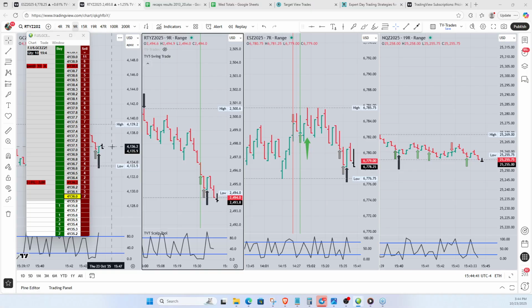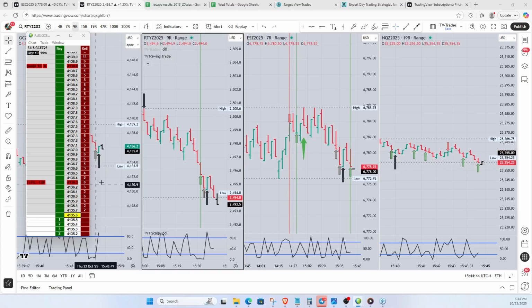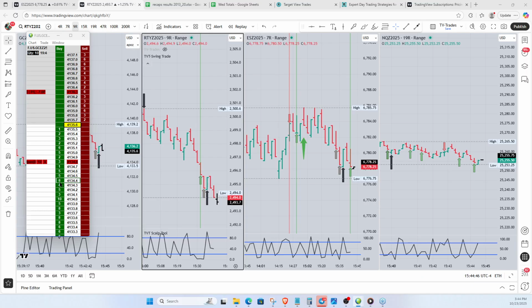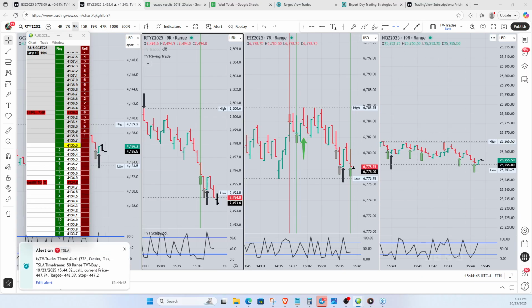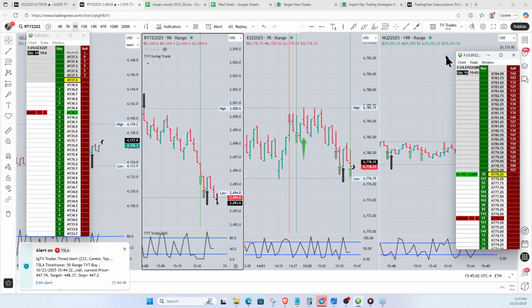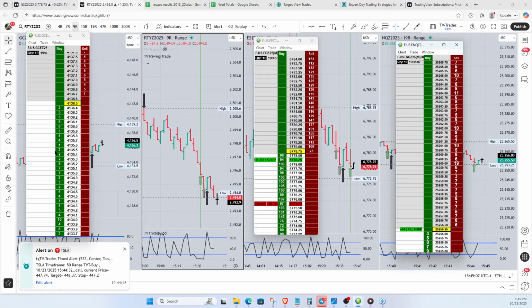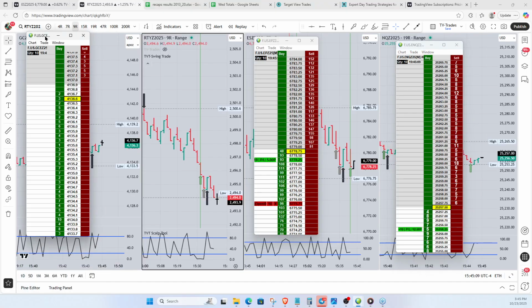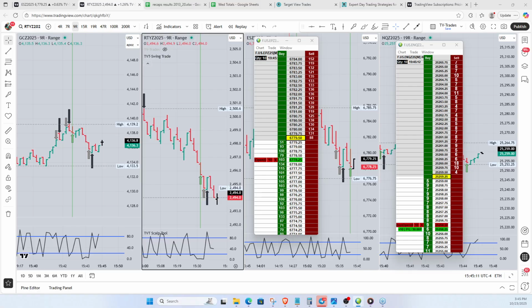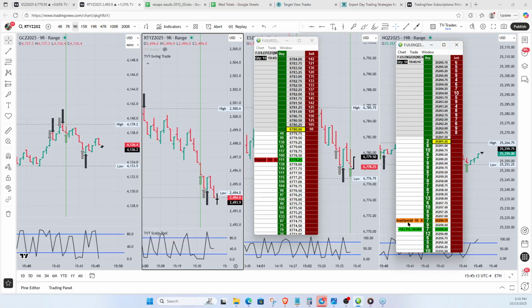Am I in a pretty good space here? Yeah, 6.3 is not too bad. I have a 15 tick stop here on the gold. Alright, so we'll see what happens with that. That is the ES right there with the scalp long trade. Okay, and the NQ over there with the scalp long trade. And the gold with the swing long trade. So here's the ES. Here's the NQ. And I think we just got to break even over there on the gold. Both the ES and the NQ just bumped to break even.